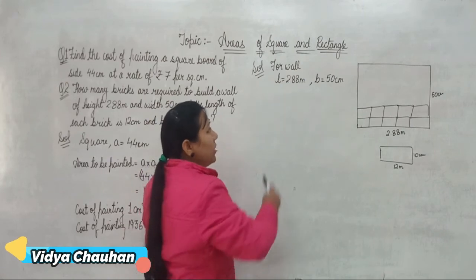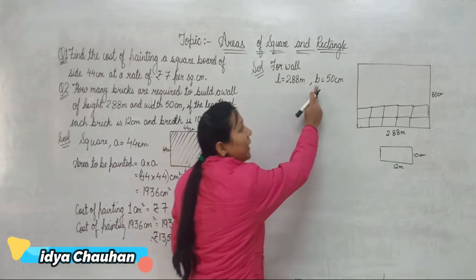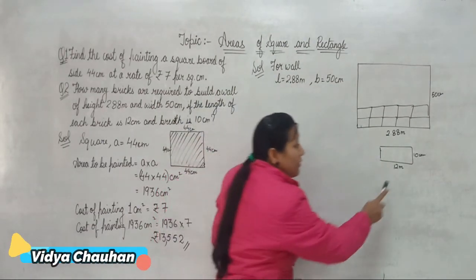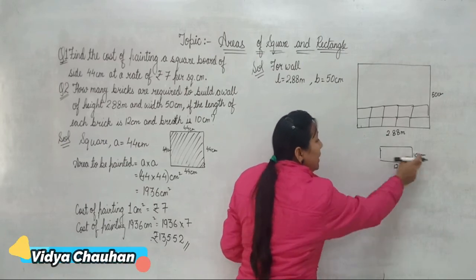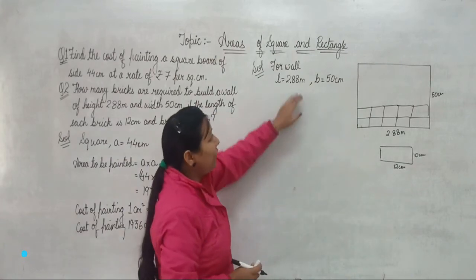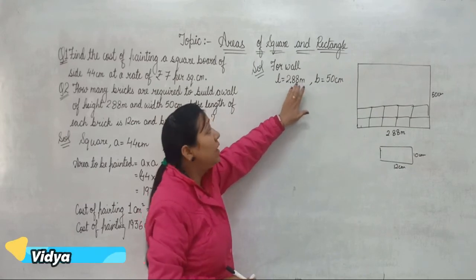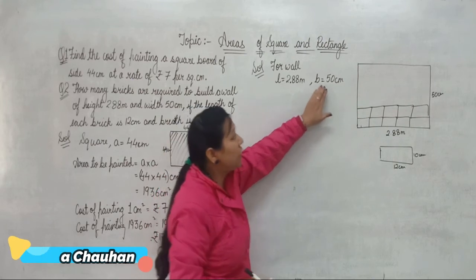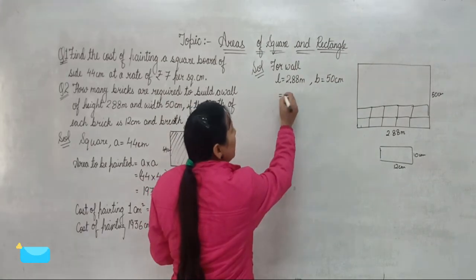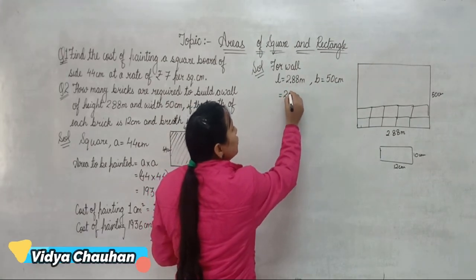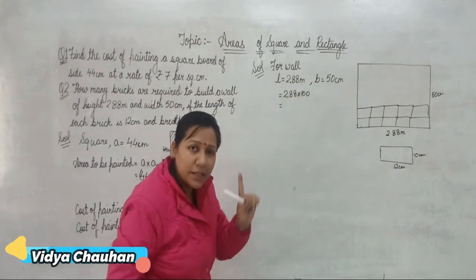Now there is a very small thing which you have noticed. The length is given to us in meter, breadth is given to us in centimeter, while at the same time the dimensions of the bricks are given in centimeter and centimeter. So before starting the solution, the first thing we will do is the conversion from meter to centimeter, because the rest of the dimensions are given in centimeters. So let's convert 2.88 meter to centimeter, multiplying 2.88 with 100, because 100 centimeter makes 1 meter.